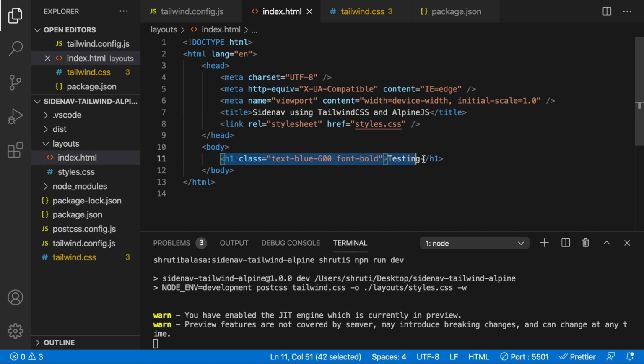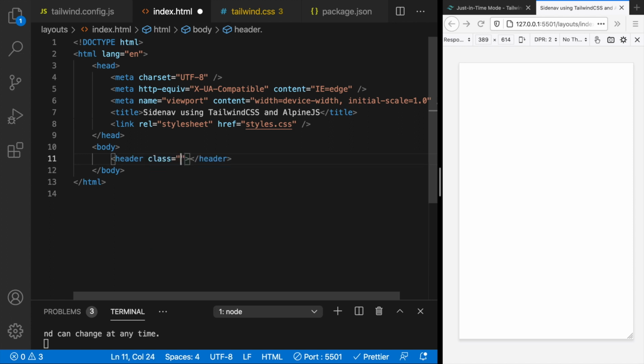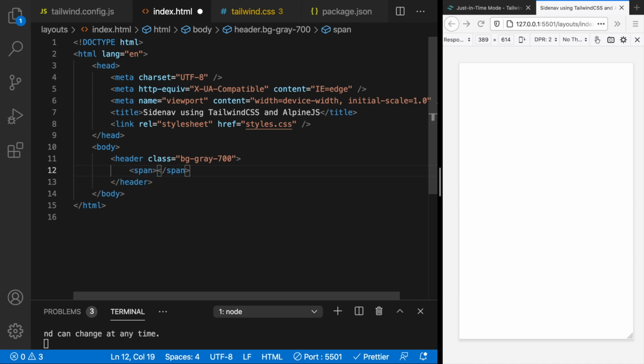Let me remove this and open up the browser window side by side. All right, so now this is great. Let's first add this top navigation bar of ours, which is a header, and let me give it class bg-gray-700. Within this, let me add a span tag and say Alpine Js